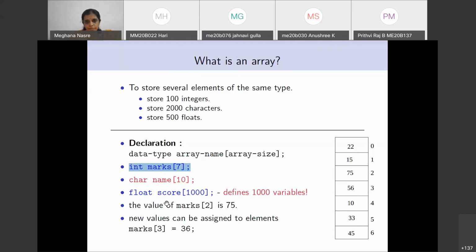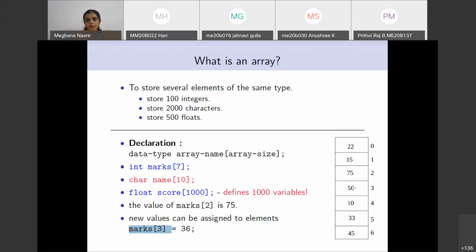In fact, the value of marks 2 is 75 according to this initialization. If you execute the statement marks of 3 is equal to 36, then the 4th place, that is 0, 1, 2, 3, is going to get changed, and it will get the value of 36.